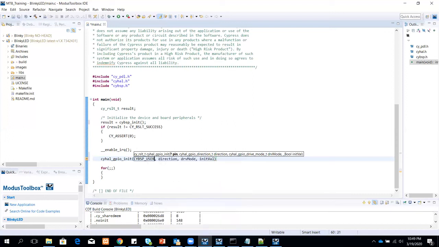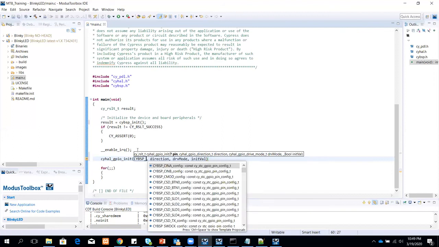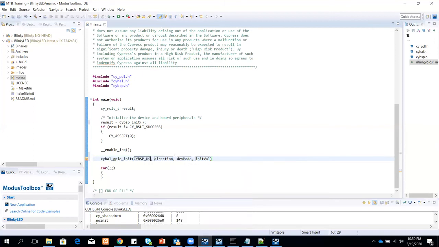But not sure why autocomplete is not working.